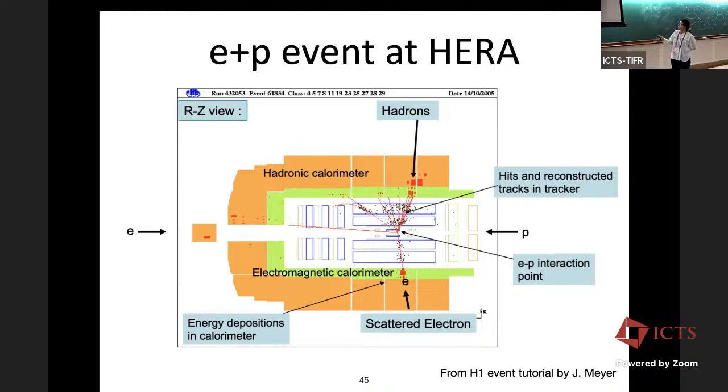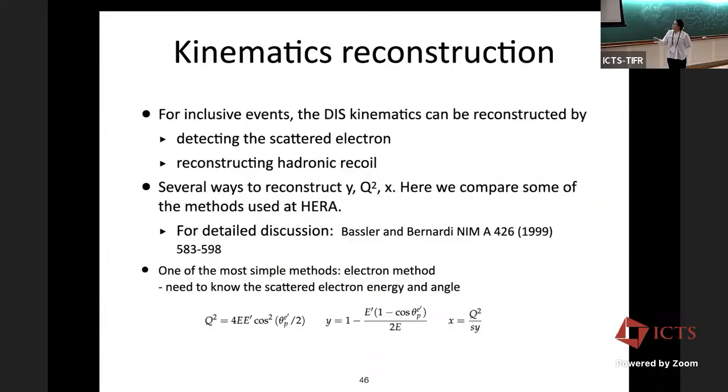There's electron coming in, proton, and one of the inclusive interactions, there's a scattering electron here. And you can see in the event display the deposited energy in the calorimeter. So this way you measure the energy of the electron. You identify the scattering electron here. There's hadron produced, and there's tracking in the most inner side. And then in the hadron calorimeter it deposits the energy, also deposits energy in the EM calorimeter as well, but mostly in the hadron calorimeter here. So what you measure here are hadrons and also electrons.